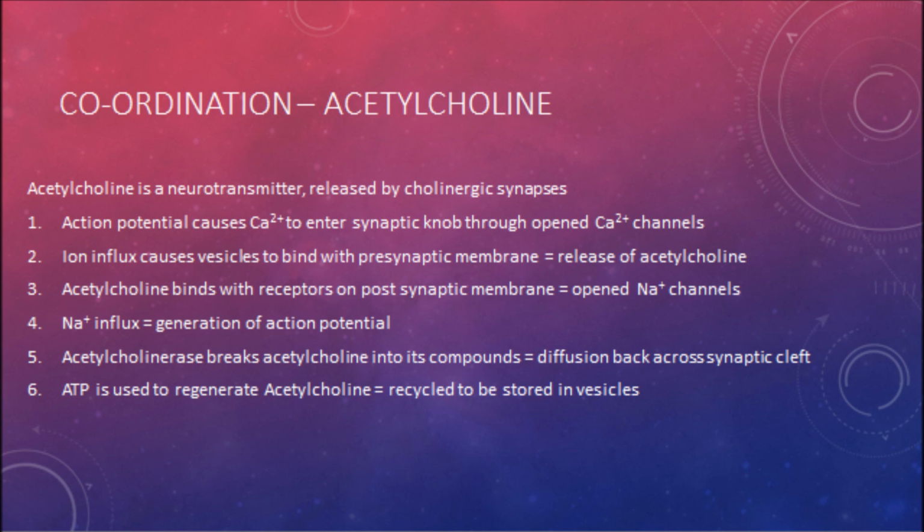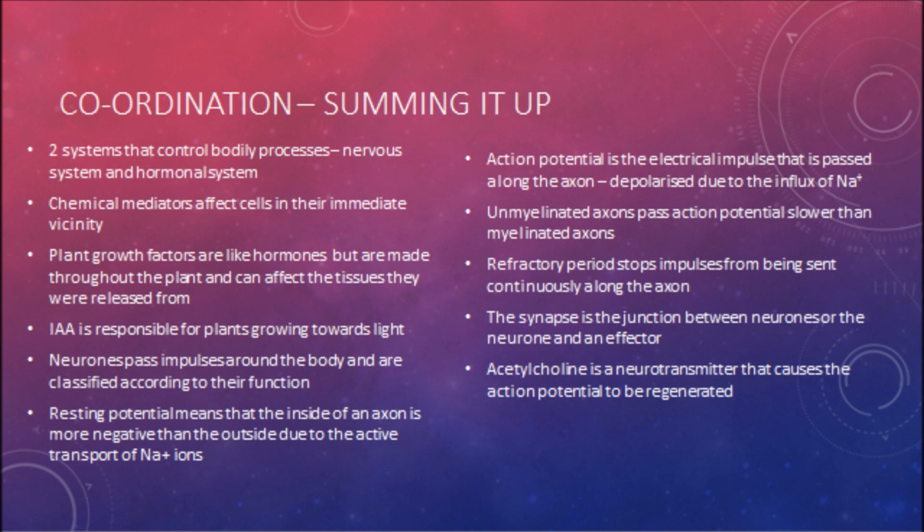generate the action potential. An enzyme breaks down the acetylcholine into ethanoic acid and choline, which diffuse back across the synaptic cleft to the presynaptic neuron. This breakdown prevents more action potentials being generated. ATP is then used to recombine the elements of acetylcholine, and this is stored back in the synaptic vesicles for the next time. So, to sum up, there are two systems which control bodily processes: the nervous system and the